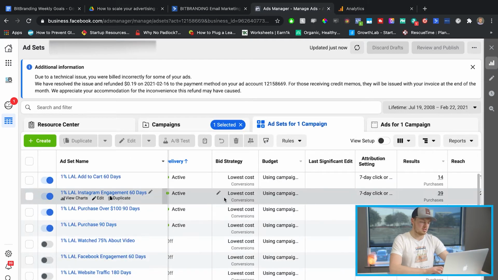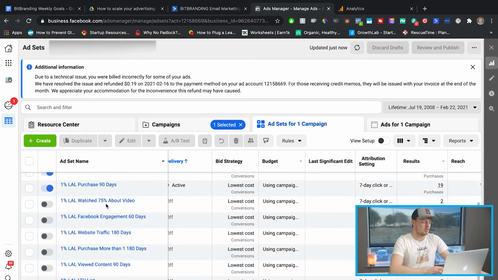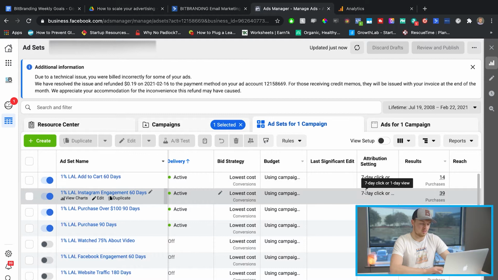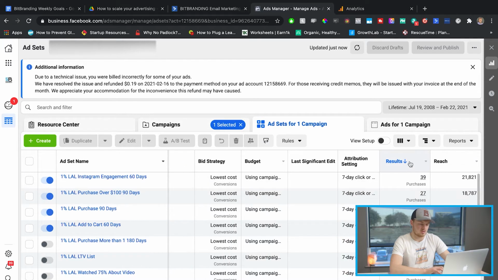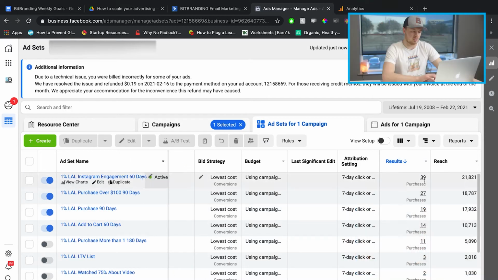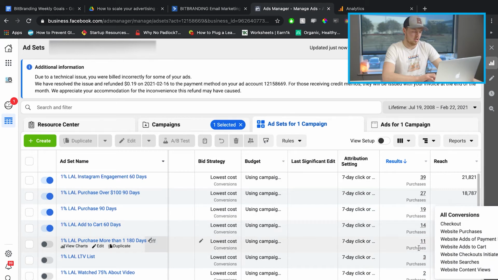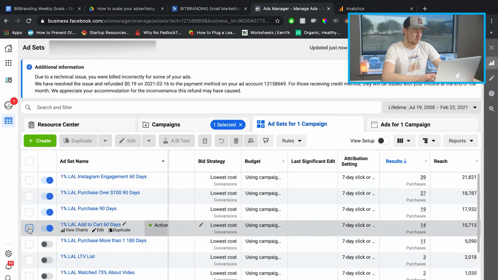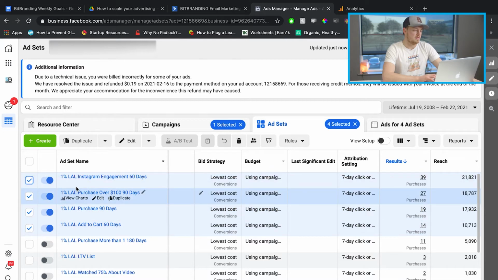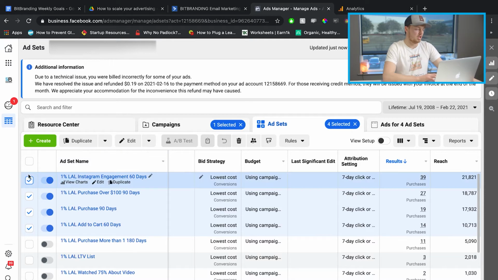Spring dresses. Another way that you can do this too is take these winners. So for us, let's go results wise. We had these right here, these 3 or 4 who did really well. So we could grab all of them and duplicate them into a new campaign and create a campaign only on this one and increase the budget that way too.